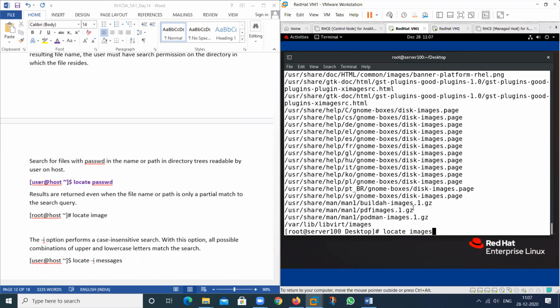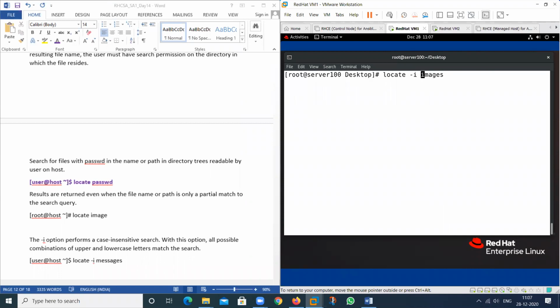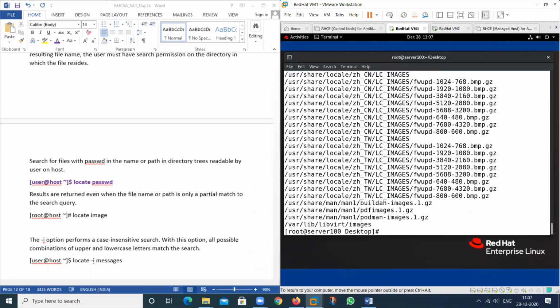If I want to ignore this type of case sensitivity, then you can use the -i option. So see here, that starts with I in a capital, all in a capital. This starts without capital. So it ignores the case sensitivity. So we can use this particular concept here.